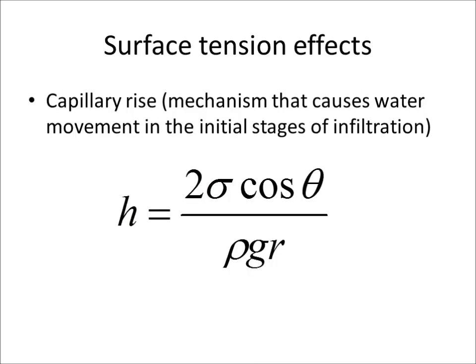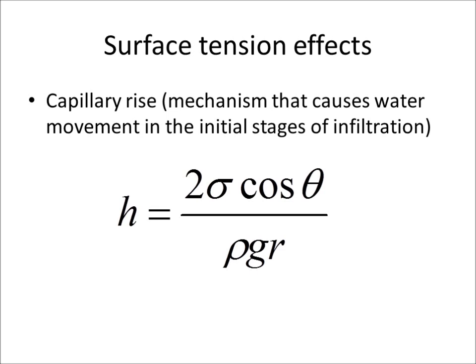Capillary rise is an important surface tension effect. And here's an equation that demonstrates how the height of capillary rise can be predicted. On the left-hand side we have h, which is the height of capillary rise. On the right-hand side we have 2 sigma, which is the surface tension effect, which is modified